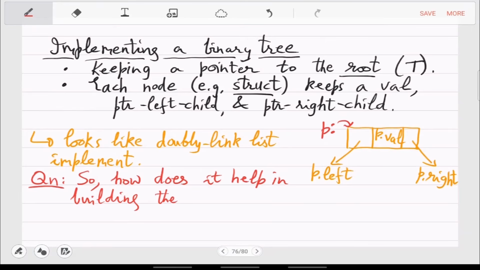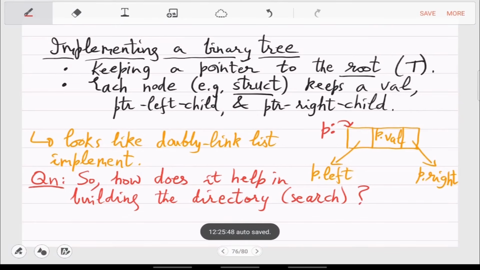In building the directory, and then searching in it. Its original problem was that you may want to maintain a directory, which means it has to be incrementally built, inserted, updated, and when you want to search a name, it should be as fast as binary search. Right? So everything should be in log n. This was the goal.